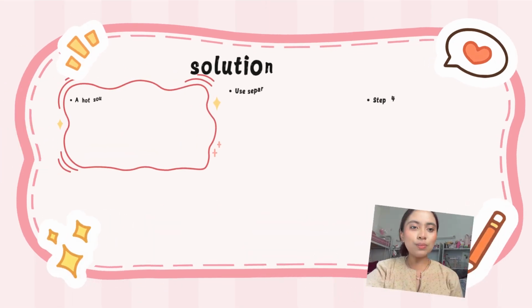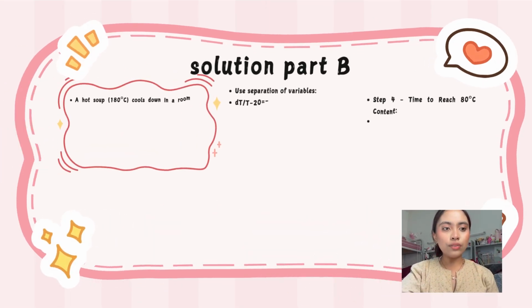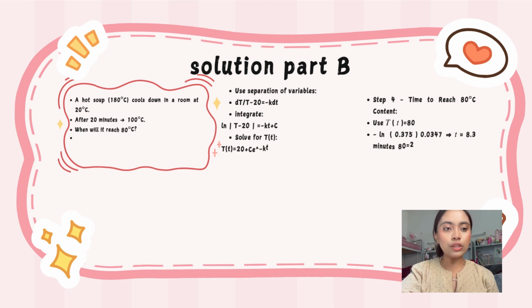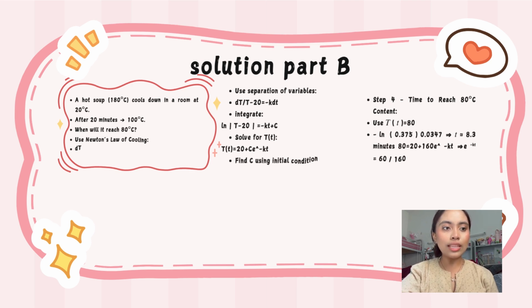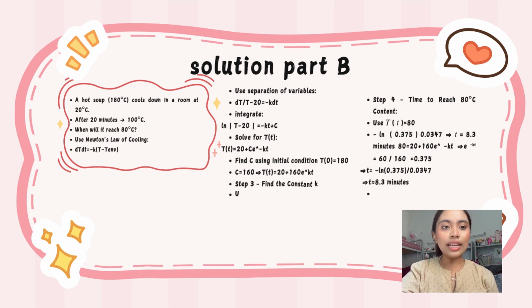Okay, now let's move on to part B, where we apply Newton's law of cooling to a real-life situation. In this case, a pot of hot soup is placed in a room where the temperature is constant at 20 Celsius. Initially, the soup's temperature is 180 Celsius. After 20 minutes, it cools down to 100. We are asked to find how long it will take for the soup to cool further to 80 Celsius,